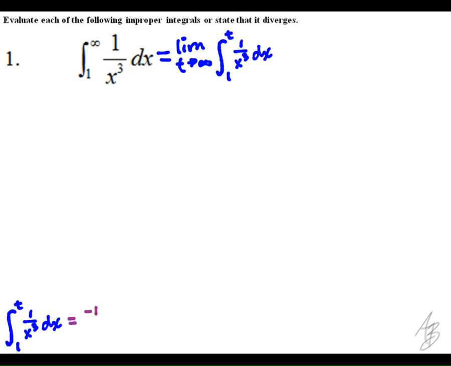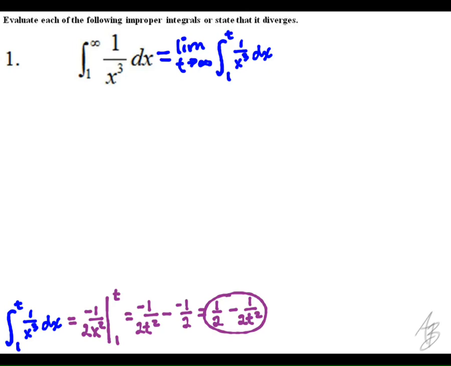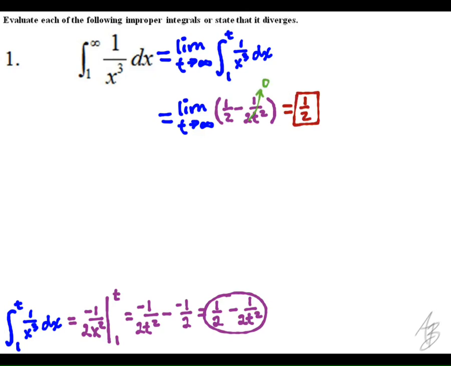So we'll go off to the side and evaluate this integral with t, with our variable in there, as our upper limit. And so the value of this integral depends on t and is going to be equal to 1/2 minus 1 over 2t squared. And so we now evaluate the limit as t approaches infinity of this being the value of this integral right here. And plugging in infinity there, we get a term of 0, so we have 1/2 minus 0,